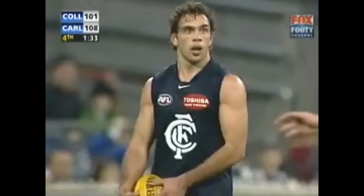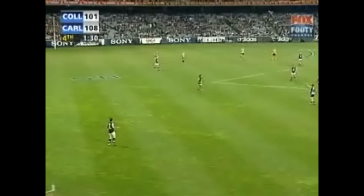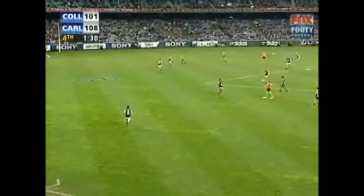Harford will get this out wide. They'll run it down here. Daniel Harford's just told him to settle it. There's a free kick coming up down here. A holding free kick is going to come to Collingwood. It was against